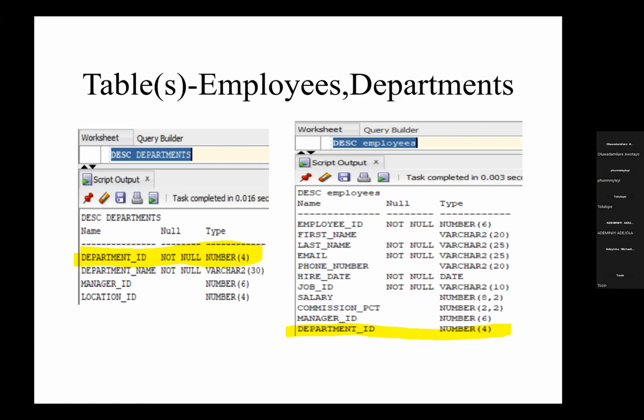If we look at our HR schema, we do have some tables. If you check, we do have our department and we do have employee. The employee is the table we have been using from the beginning of this training. When the employee table was created, it was created in this manner, with this structure,